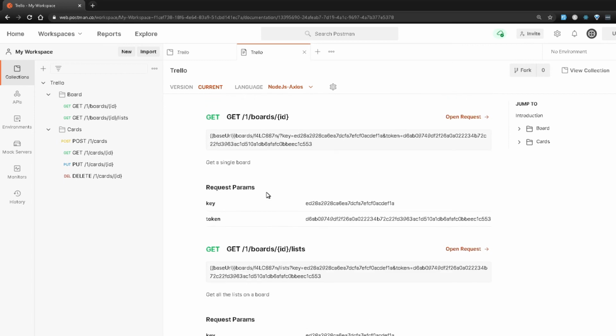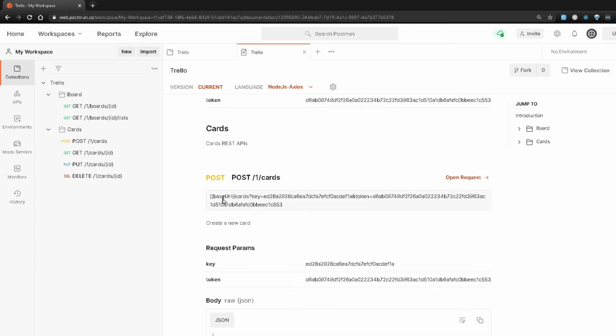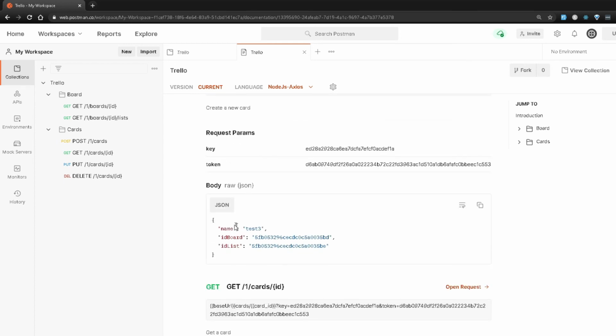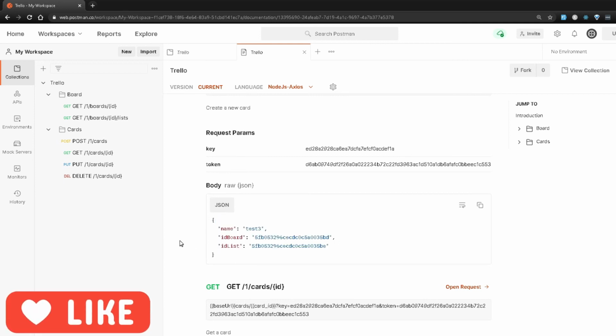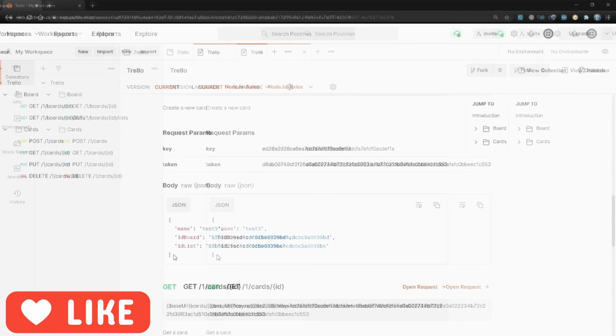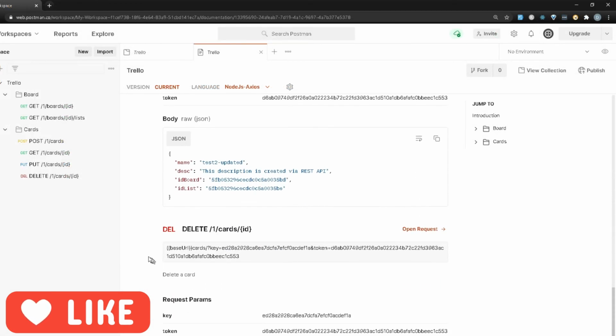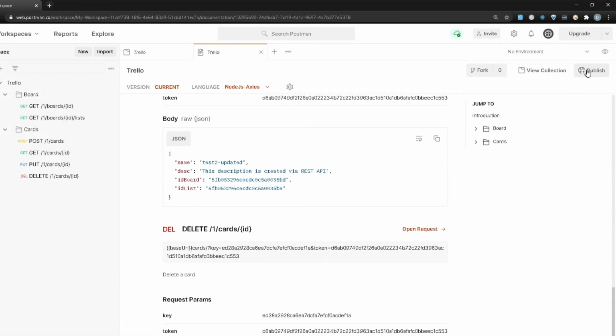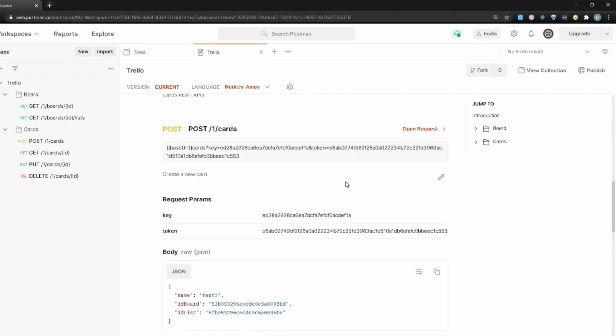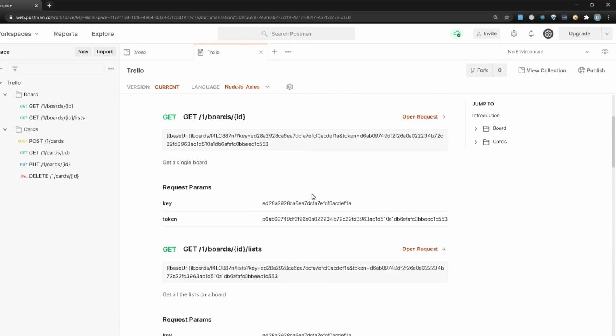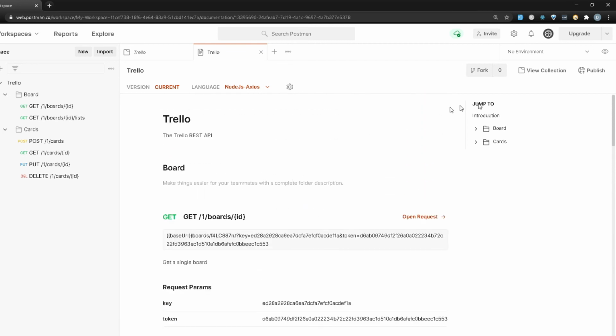Now, everything that we added there, which is the parameters, is showing up here too, and then the base URL and all the other stuff that we added. And if I scroll down to the post request, it also tells me the body that we were passing in. And that was added to the request when we added it in the Postman desktop. So that's a really nice way to see all your documentation, and you have an option to publish this so that it's viewable to all the other folks too. So you can keep your live documentation over here. You can make changes as required, and then you can publish it so that it's viewable to everyone.